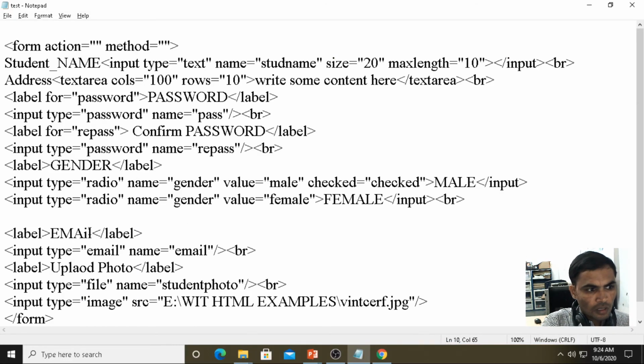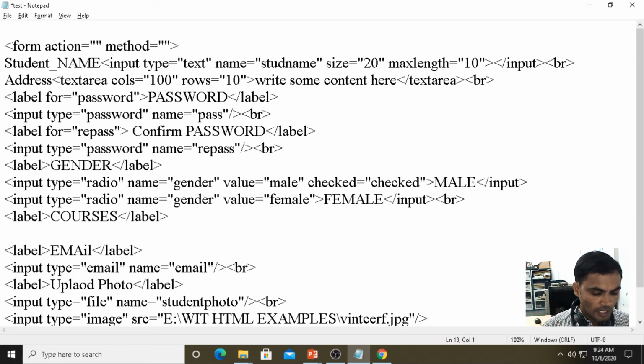Now, here I am using label courses. Then here input type equals to, then we have checkbox.